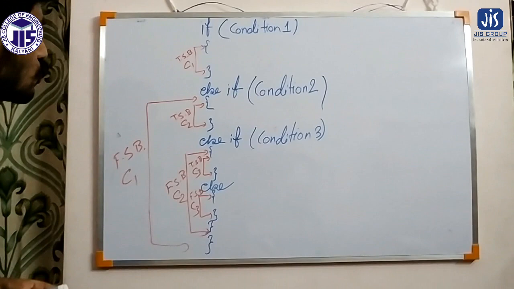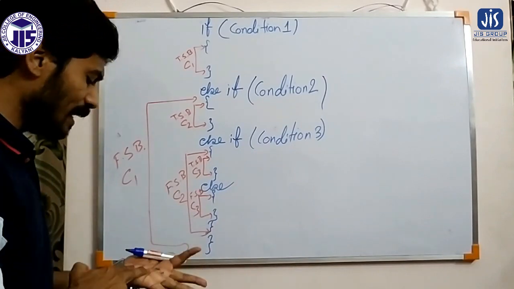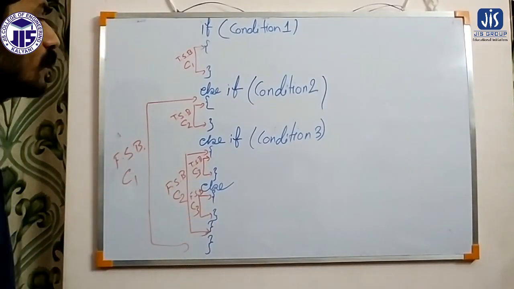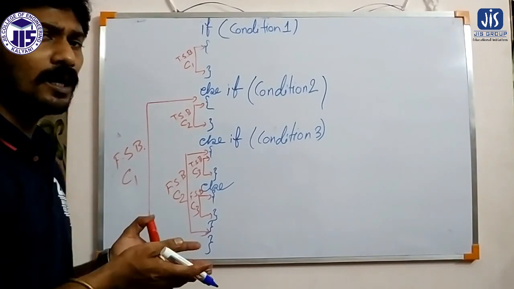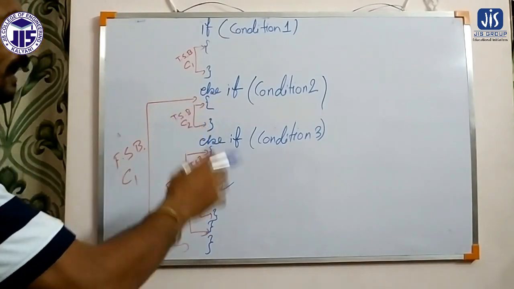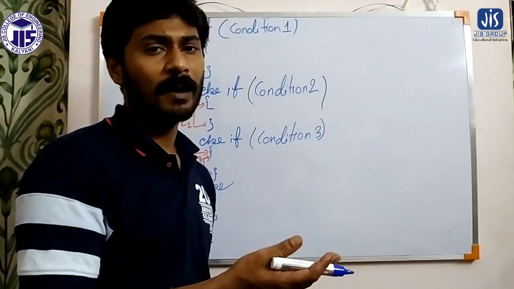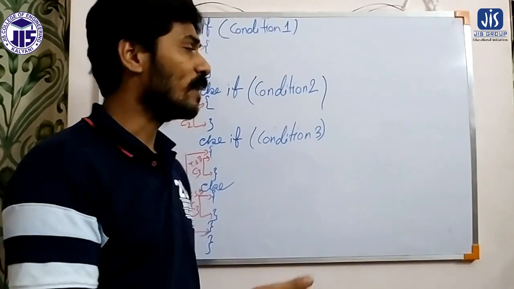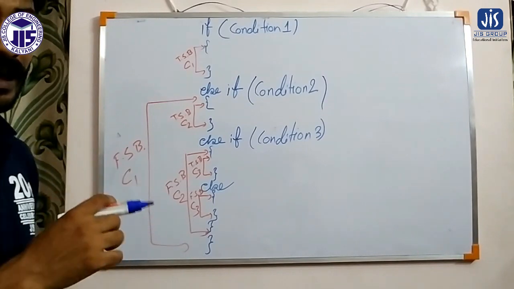So that is the flowchart of else if. Here you can apply another condition. In that way, in every else you can continue with the condition, and whenever no more condition is needed, we can stop the process there. So we can apply n number of conditions within the else part, that is the false statement block. That's why it is called the else if ladder.